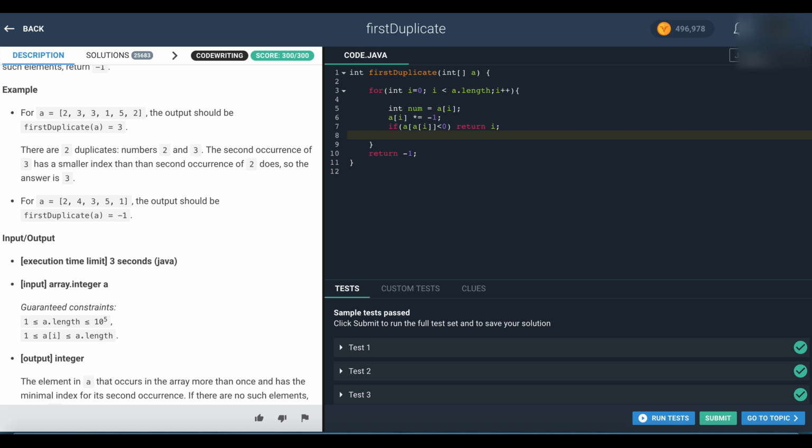Else we'll just see now. So what I am doing here is, I basically took a number ai, then I made it a negative value. So if ai is less than 0, ai,